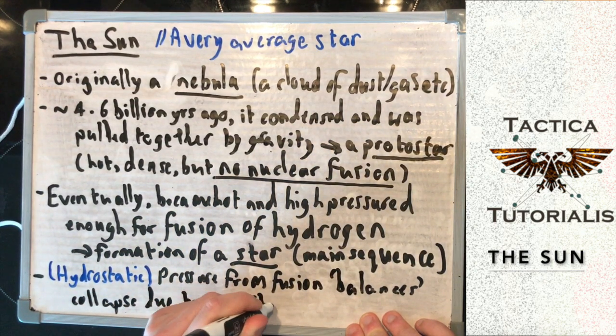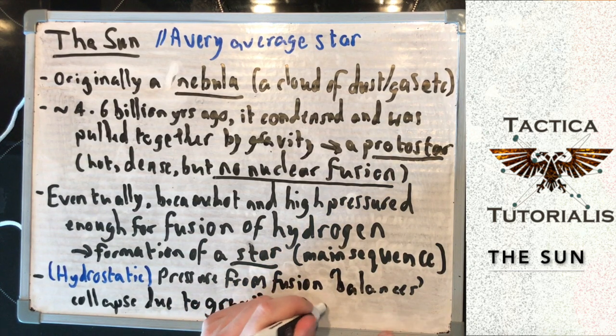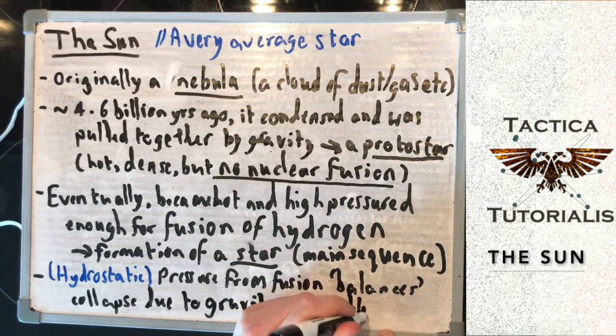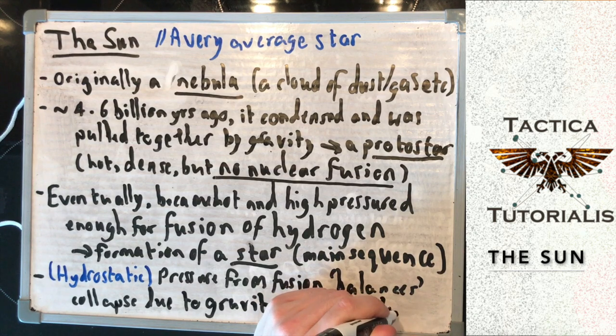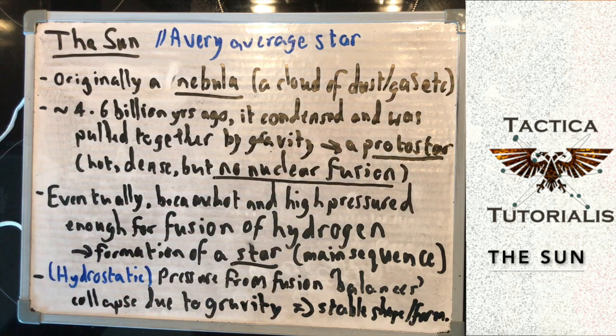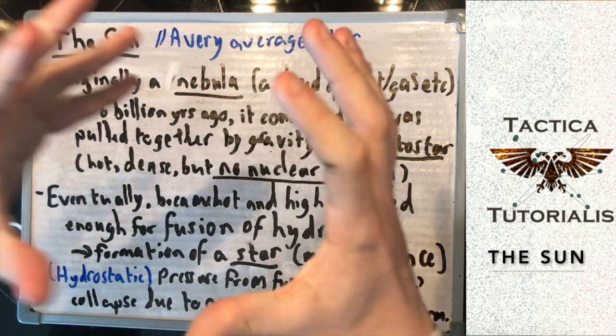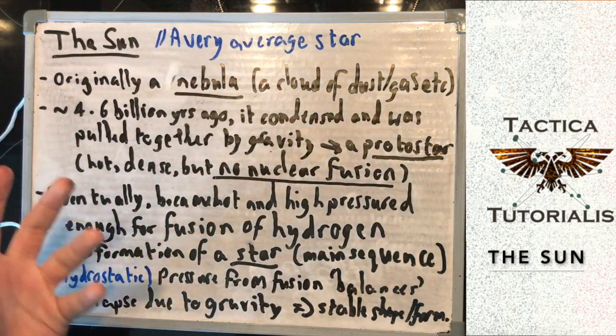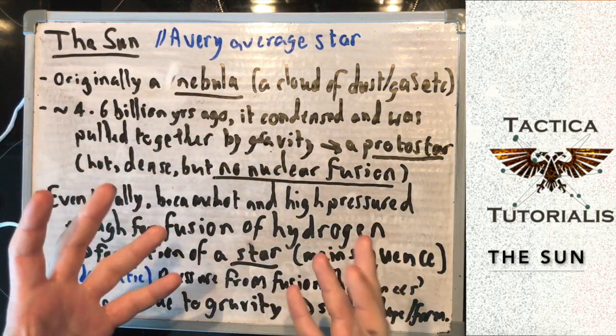Gravity, therefore, stable shape and form. So if gravity was the only thing working on a star or on the sun, it would collapse in on itself. It would just keep collapsing and collapsing because the gravity was pulling all of the gas particles inwards,